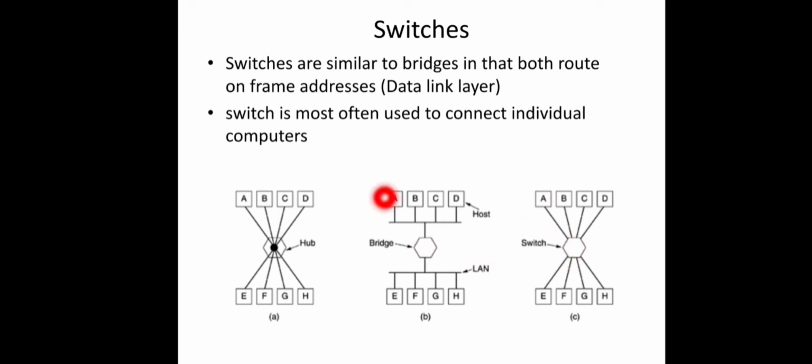Suppose A wants to send a message or a frame to machine B. That should be handled by this network itself, right? There is no need for the bridge in that case, because the bridge is actually used for data forwarding between two different LANs. So if I want to send a packet to any of these four machines, it should be through this bridge. Otherwise, it should be handled by this LAN itself.